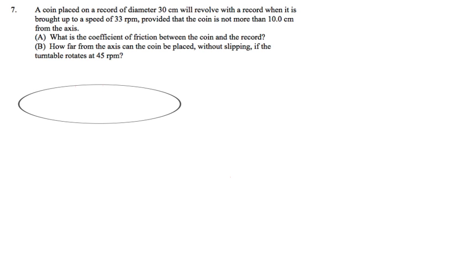And there's actually three different dimensions. If I draw the force that's going to cause the change in direction on here, there's still two directions that could be perpendicular to that. Just like if I look at the x direction, the y direction and the z direction are both perpendicular to the x. So in this problem, it says that a coin is placed in a record and then it revolves